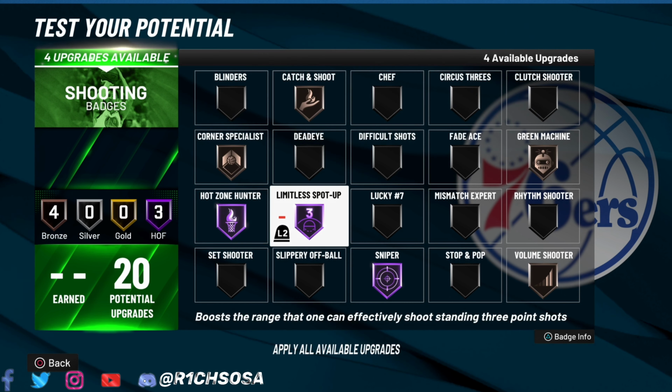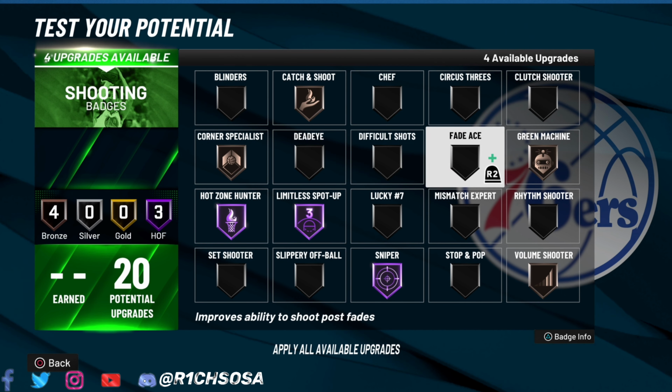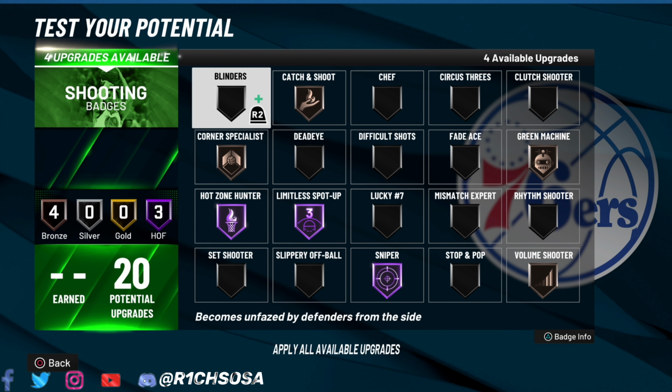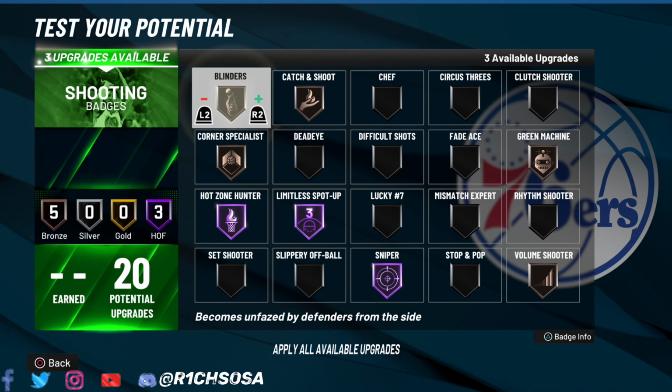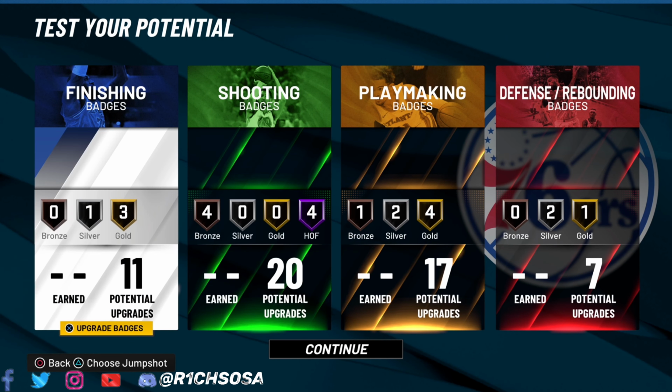When it comes down to the next few, I would really recommend picking Limitless Spot Up as well as even possibly Post Fade, or you can go with Blinders and Deadeye. Either one of these two badges is going to be a very solid setup to go with. If you want to spread the wealth, that is another way to go about it as well. I'm going to leave it on Deadeye, and as y'all can see, we